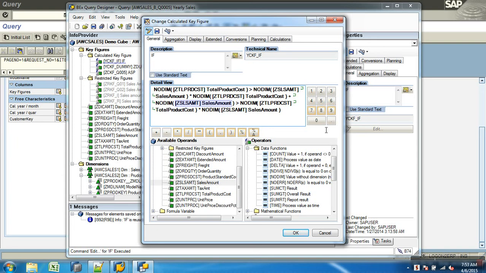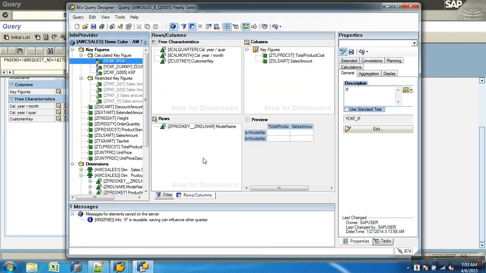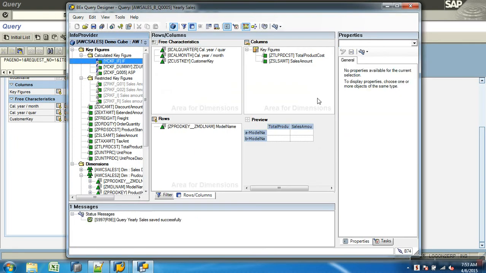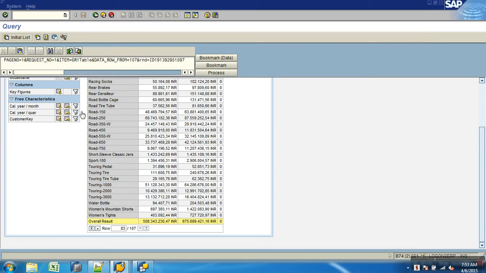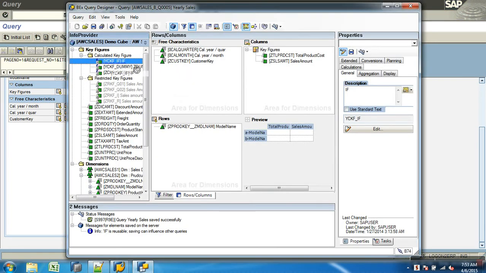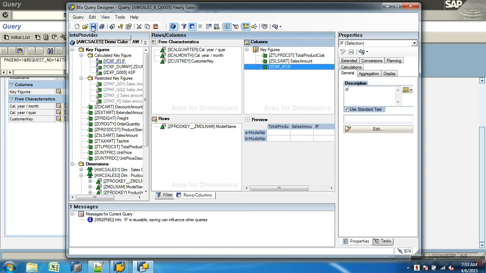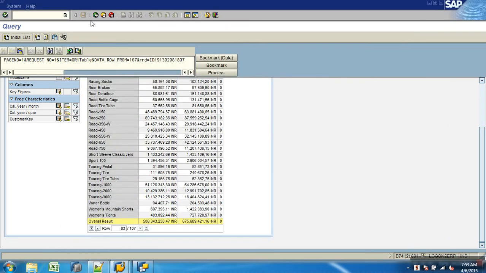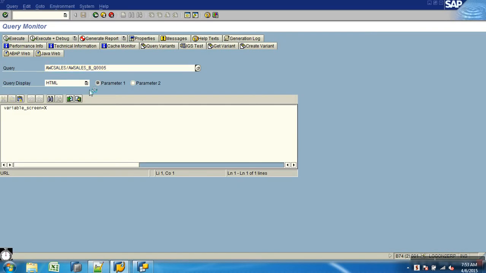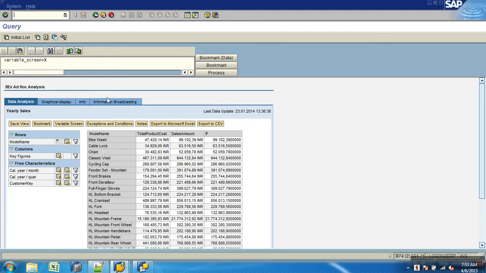So I think this is the most complex one when you try to build if conditions into it. Now in every case you basically get the sales amount, because in all the cases your sales amount is greater. Okay, was fine.